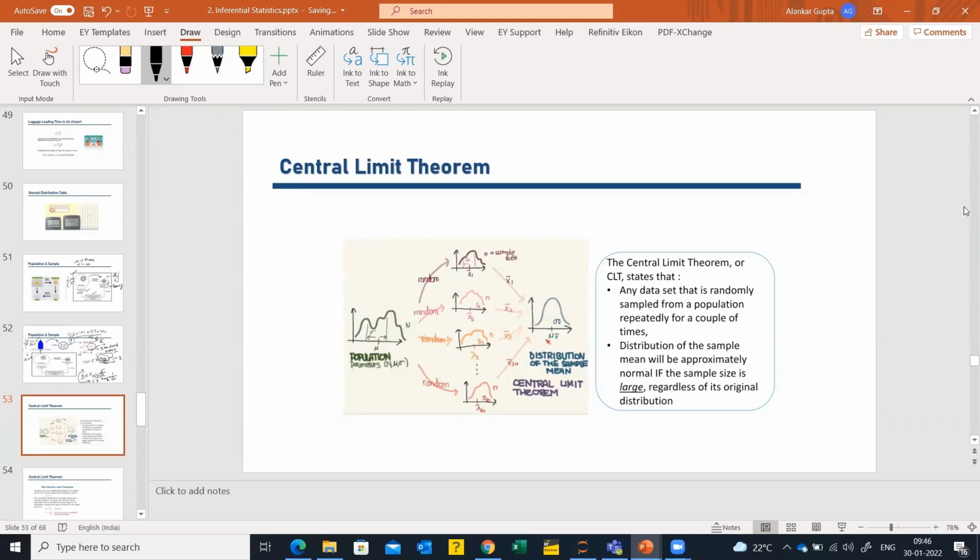But if we take out data at random, say 10 data at a time, for example 2, 5, 9, 6, and so on, 10 data, and you find the mean and put it over here, then every time we take out 10 random data and plot the mean over a graph, this graph will look like a normal distribution around the mean. So let's understand this.